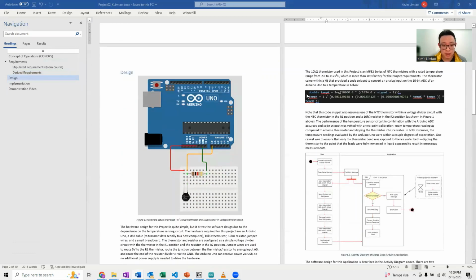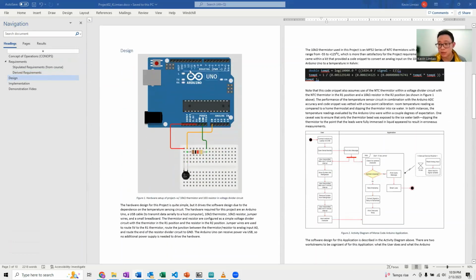Now, moving on to the design here, the hardware design of this project was a little bit more involved than the previous project, though not by very much. The temperature sensor I decided to use for this project was just a basic 10 kilo ohm NTC thermistor. I have some documentation that I point out